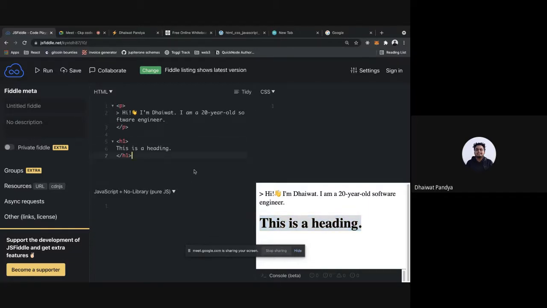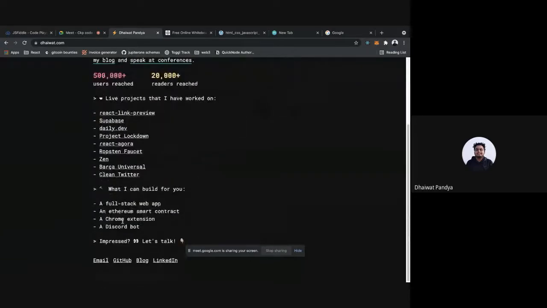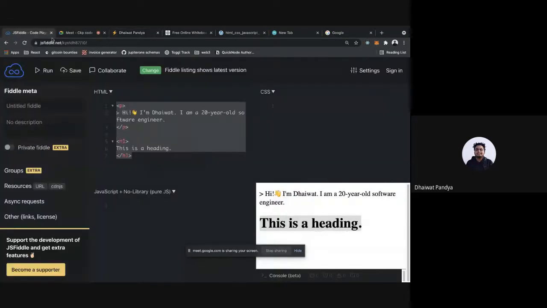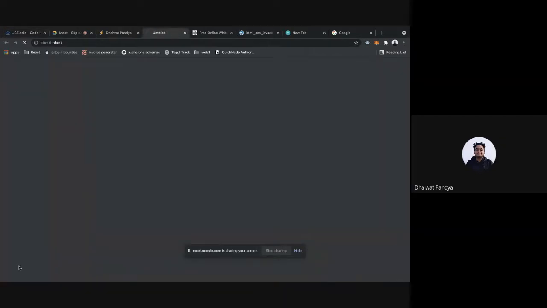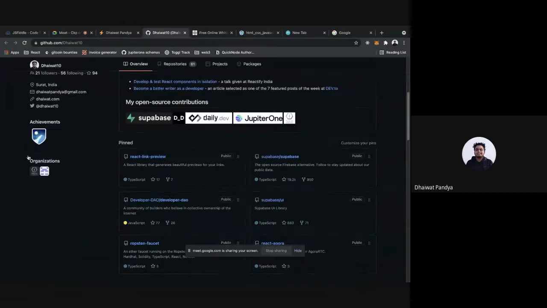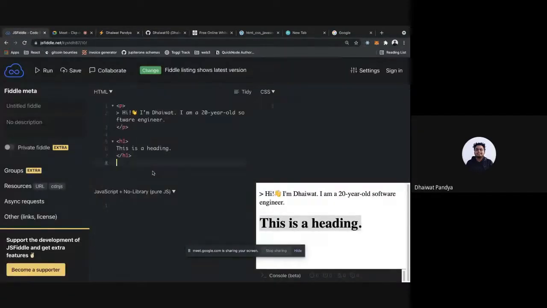Okay, so what you might have noticed is that there is this section of links on my website. Now, how do links work? When you click on them, apparently they magically redirect you to whatever the link is supposed to be, but how do they work? So this is how you put links on your website.